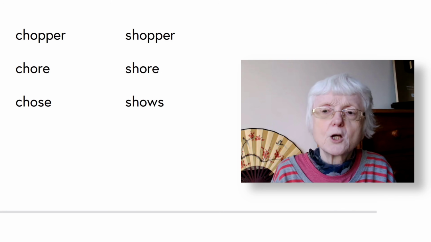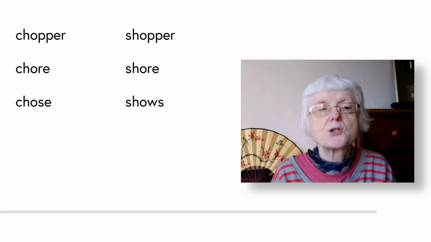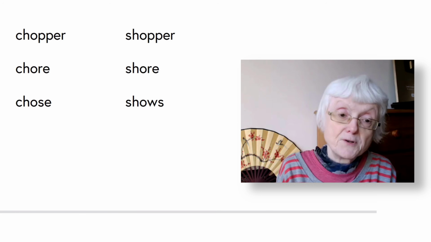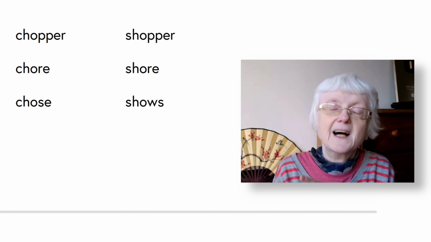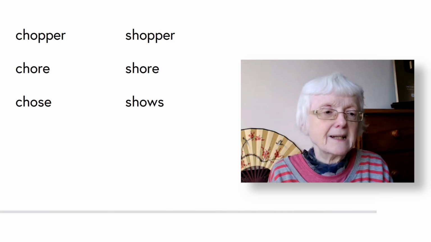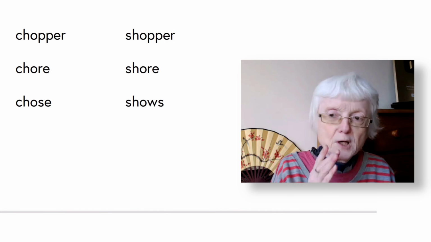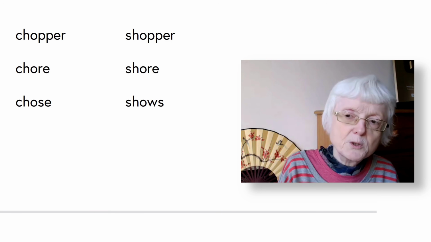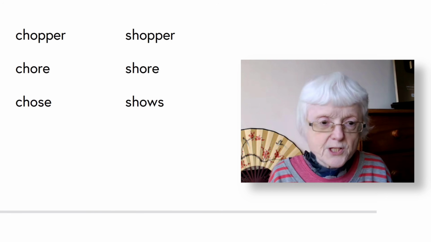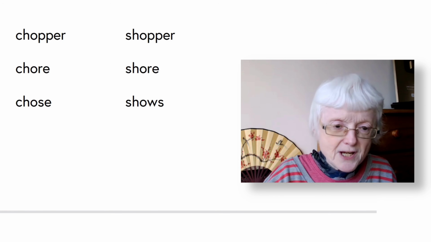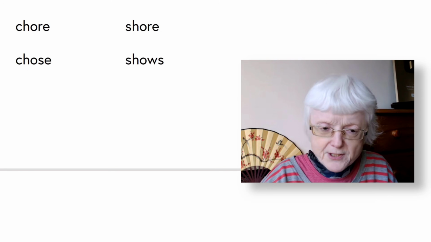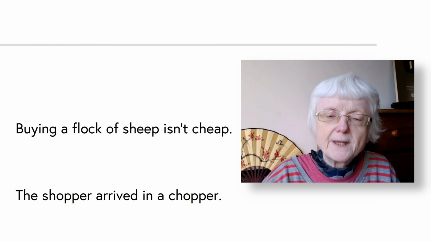And shows, shows. So shows, of course, is the present tense of the verb to show, third person singular. So they're both verbs here, but one is in the past tense, one is present tense. So chose, shows. Okay, good. Well done. So let's go on now and have a look at some sentences with these